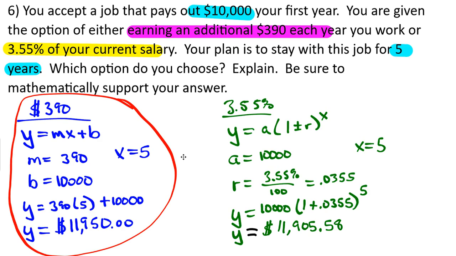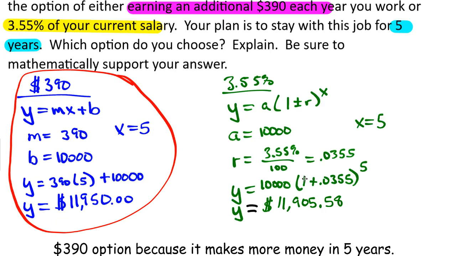Okay. So for number 6, you accepted a job that pays out $10,000 for your first year. You're given the option of earning an additional $390 each year, which was our linear model, which is the one on the left, which started at $10,000. $390 was each year for 5 years. We ended up with $11,950. Then you also could have chosen the 3.55% option, which of course is the exponential option because it's a percent. And we get, after we converted our percentage to a decimal and all that stuff, plugged it all in, we get